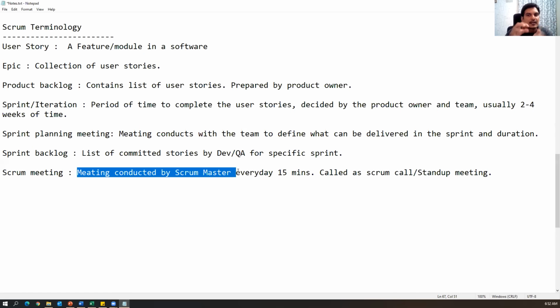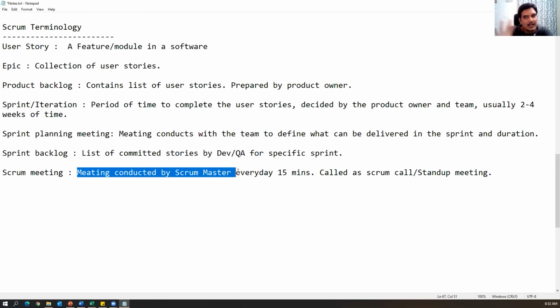The Scrum Master is responsible for facilitating and driving the process. So if there are any blockers, any missing requirements, or if a developer is not able to do something or a tester is not able to complete something, the Scrum Master will take care of it. The Scrum Master will track the entire status of what is being followed in the agile process. The Scrum meeting will be conducted by the Scrum Master every day, hardly 10 to 15 minutes, with the team, including the product owner, developers, and testers. Everybody will be involved in that meeting, and within the 15 minutes, everybody should say their status.